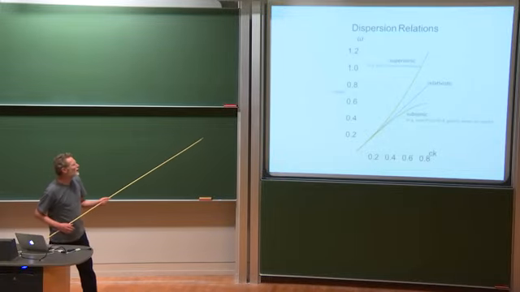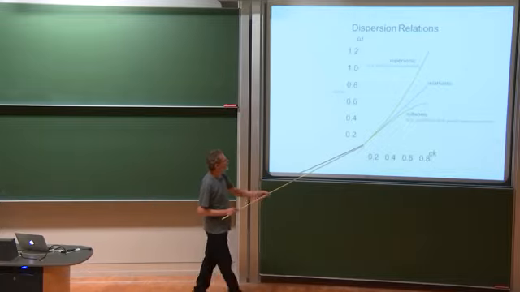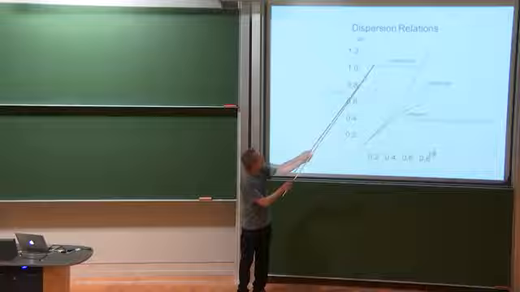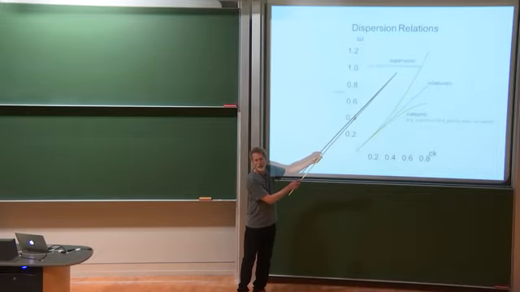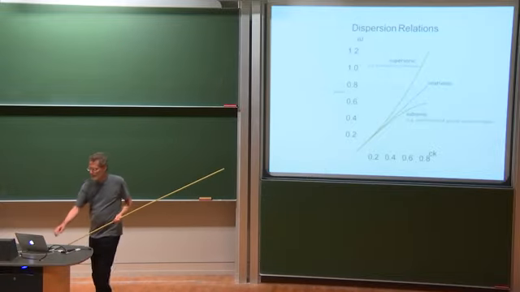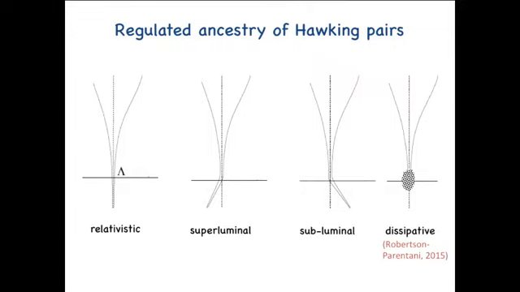Okay, so we could consider then, like I just described, a subsonic type dispersion. Here's the relativistic one, or supersonic. This is the one I'll focus on mostly later because that's the one that applies for a Bose-Einstein condensate. Now, in general, what would happen to the Hawking pairs in these different scenarios? First, the relativistic case, the pairs trace backwards in time. They just squeeze closer and closer to the horizon.